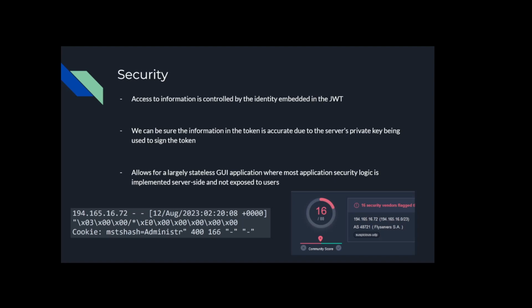If they attempt to access different resources, they'll be unable to by inspection of the contents of the web token that they're using to sign their requests. We can be sure that the information contained in the token is accurate due to the server's private key having been used to sign the token when it was issued. This model allows for a largely stateless graphical user interface application where most application security logic is implemented server-side and